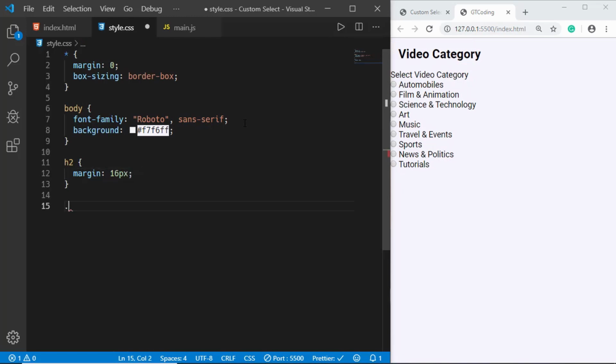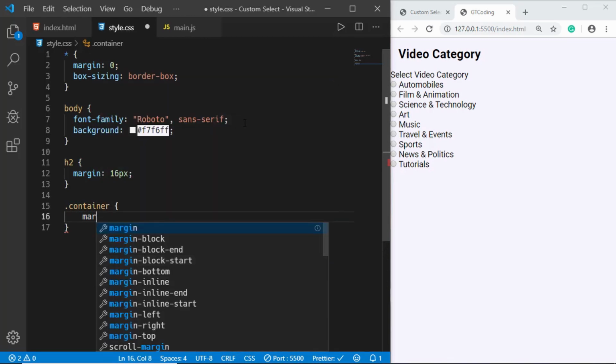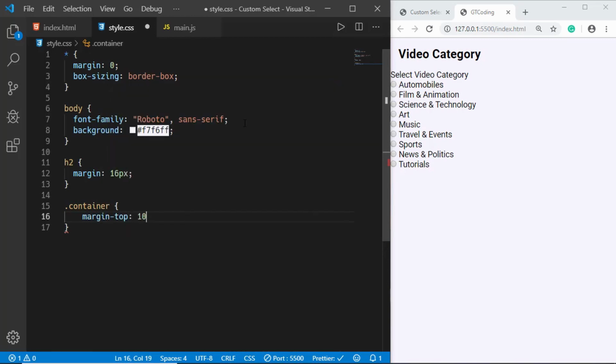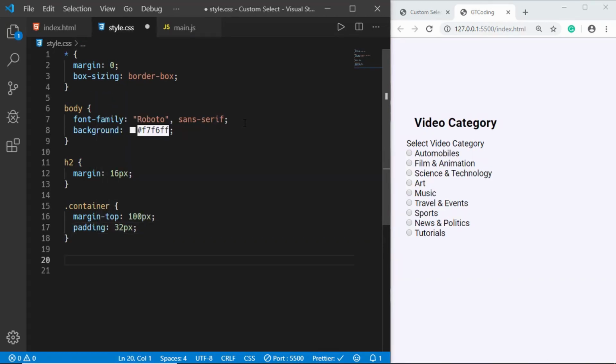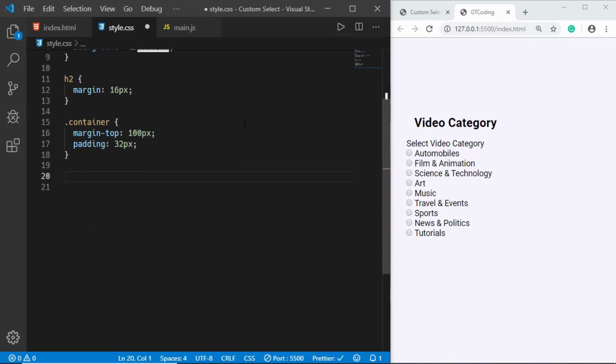Now we'll style the container, and we'll give a margin top of 100 pixels and a padding of 32 pixels. And then we'll style the select box, and we'll set the display to flex and a width of 400 pixels. Now we'll style the options container inside the select box,